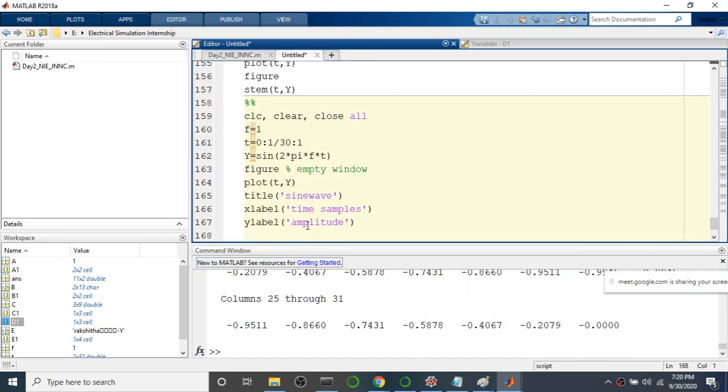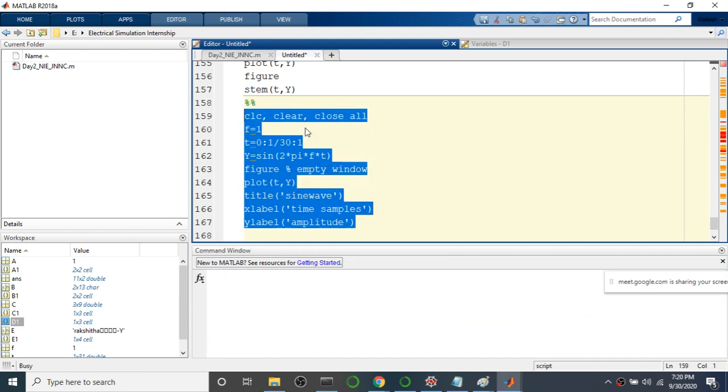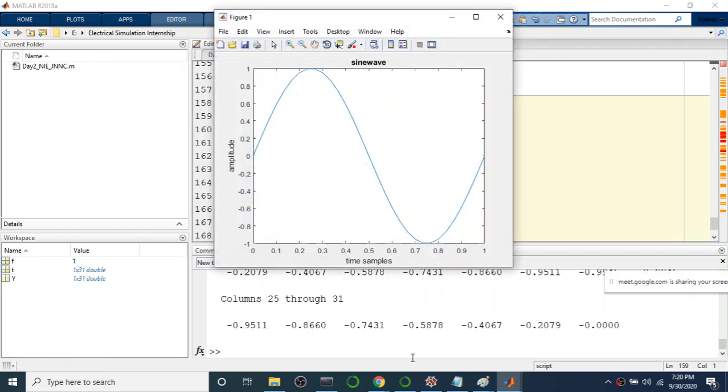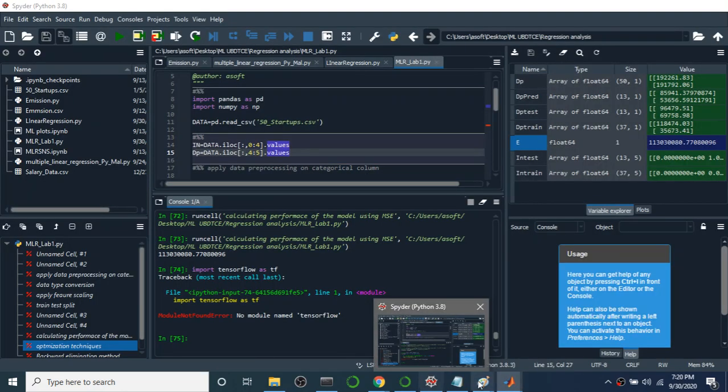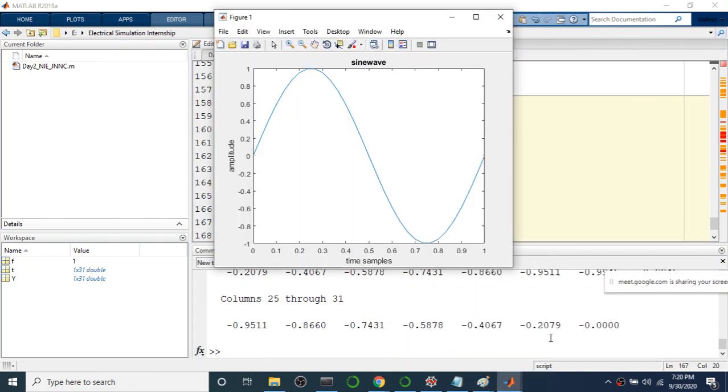Other than this, a few more options we can provide. First let me show you these options. Now Ramya, this is a sine wave.